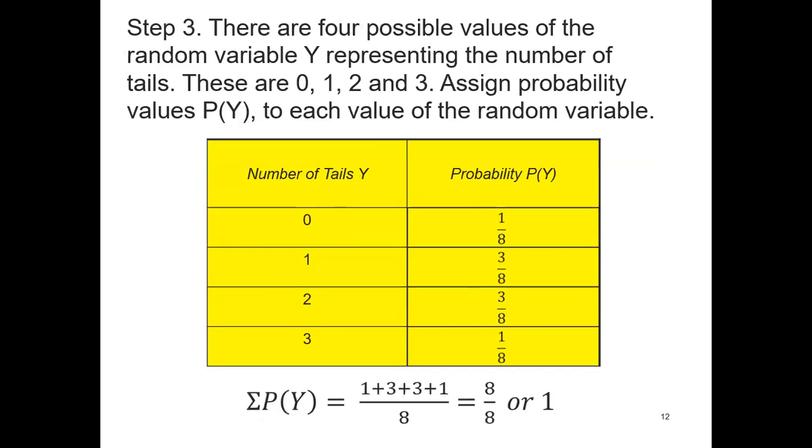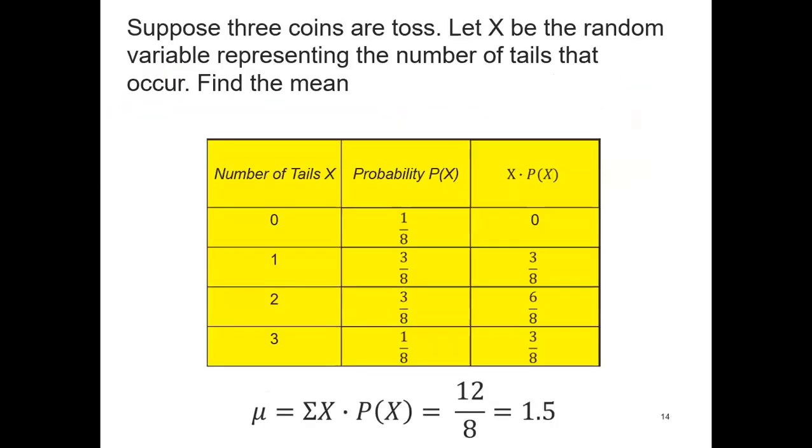We're in the number of tails. And also the probability of x, or the p of x, is just the same from the last example. So x times p of x means that you're going to multiply the x to the p of x. So we have here 0,